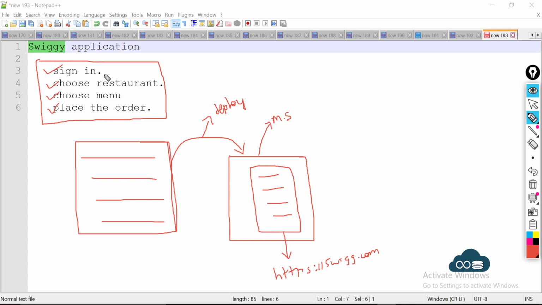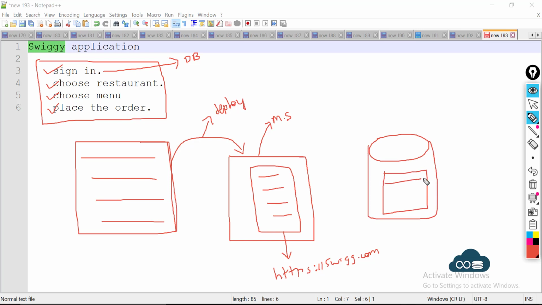During the creation of this application, we all know that to sign in, the user must enter a username and a password. And it has to be authenticated, to check that the credentials entered by the user are valid. Where is it going to search? That is your database. So when writing the code, the developer might need a database to store some values. Let us say here in our example, it is a table.